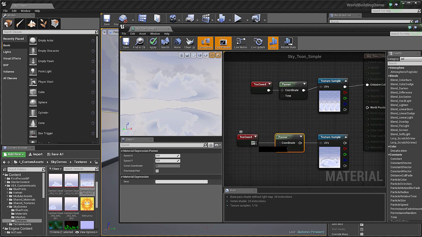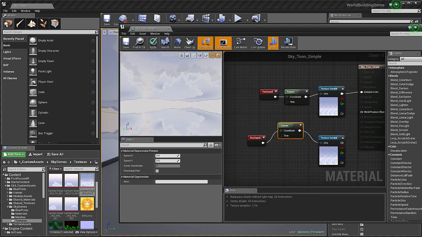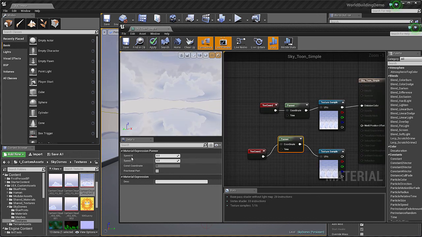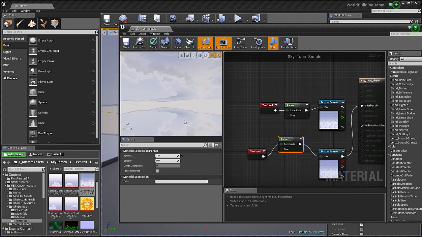So now I can plug the texture coordinate into the coordinate for the panner, like that, and I need to click the out of this into the UVs. Now if I click on this node, you can see over here there's some settings for things like speed. So I can put that at a speed of 1. Let me pipe that back into the emissive color,